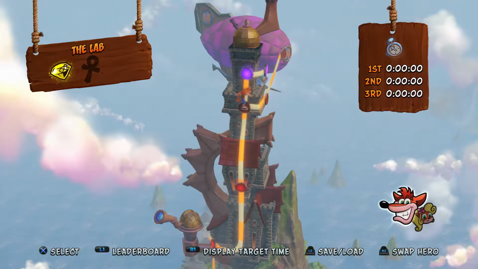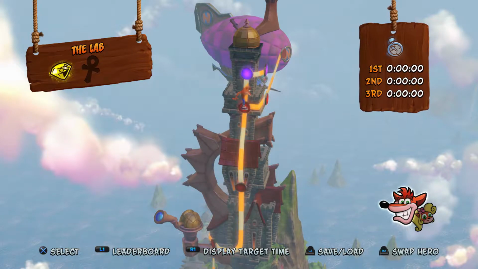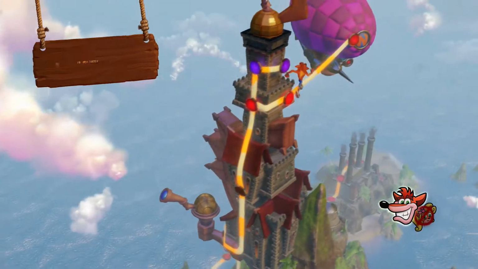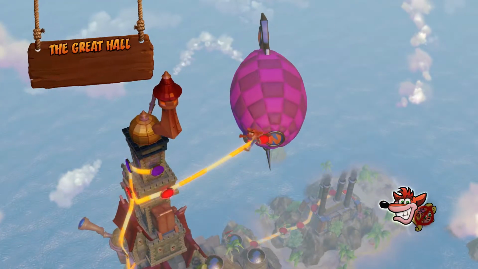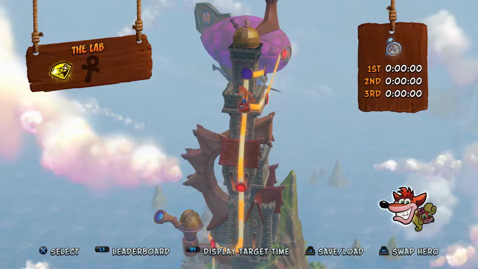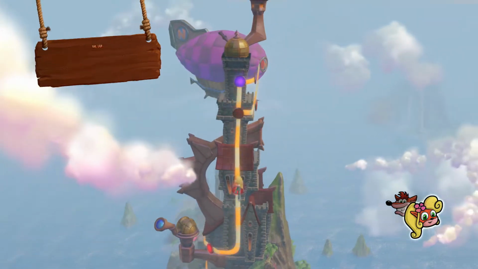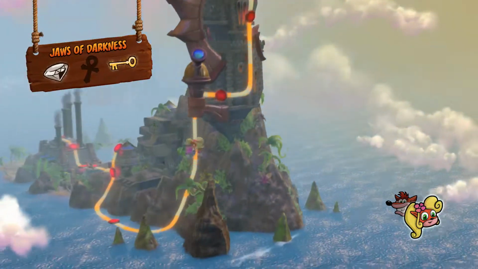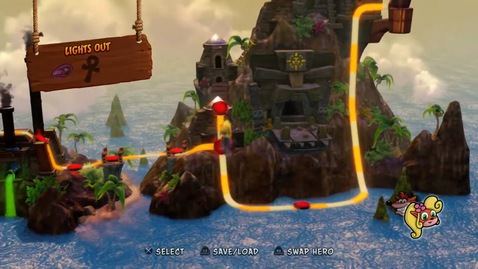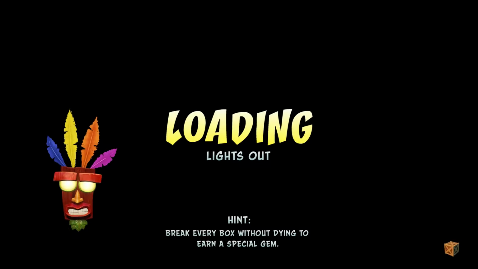Hello everyone, and welcome back to part 5 of Let's Play Crash Bandicoot N. Sane Trilogy, where we've just completed the final boss, Dr. Neocortex. So now all we've got to do is go back and collect all the rest of the gems. I think we're actually going to swap to Coco for this part, so the first gem I always get is from Lights Out, because I'm going to need that gem later on